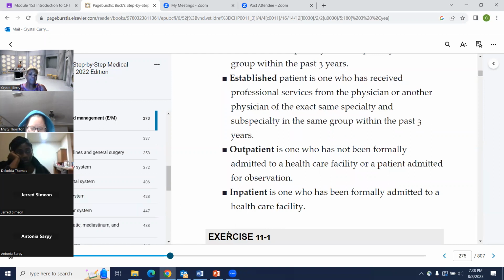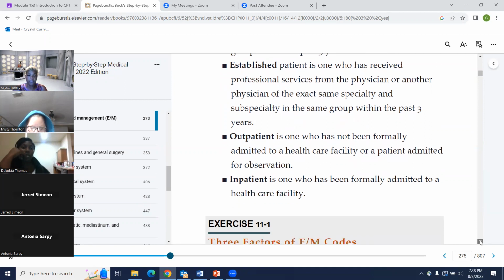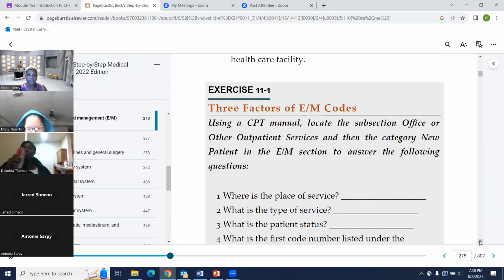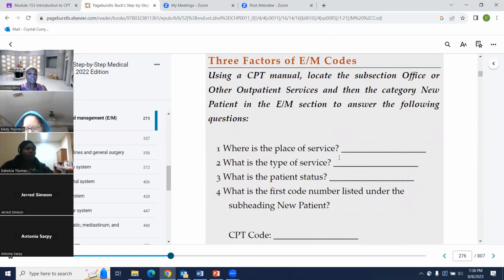So remember, for your exercise, the questions are going to be from information that we have just covered. Number 1 states 3 factors of EM codes. Where is the place of service?